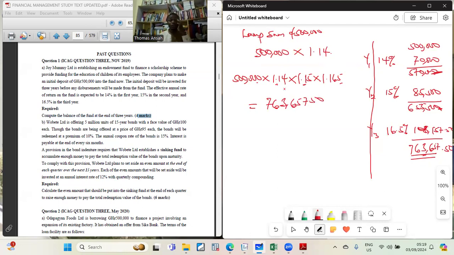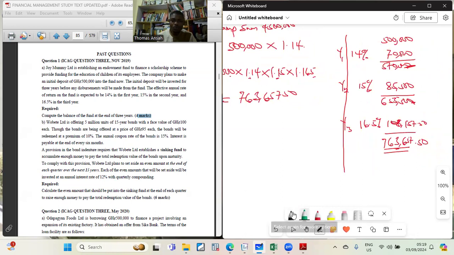All right, so that is that. But let me show you something just in case. You see, this one, they said that the woman will not withdraw anything from the money until the 3rd year. So assuming you withdraw, let's say 100,000 in the 2nd year, you would have reduced this part by 100,000 before you calculate your answer on, that will be 470, right? So that is how you go about it. And in that case, this formula will not work. All right, so that is that. So don't rush it. Think through the question.